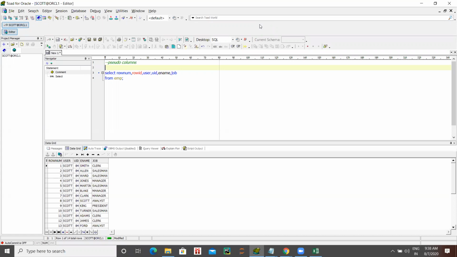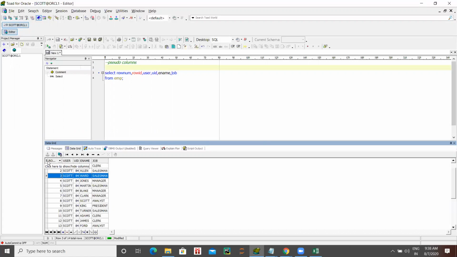Now, why is ROWID not coming? Go to the output. In the output heading, the row number is there, right? Just near that on the left side, don't click it, cancel. Near that there is a three-dot menu, click on that.